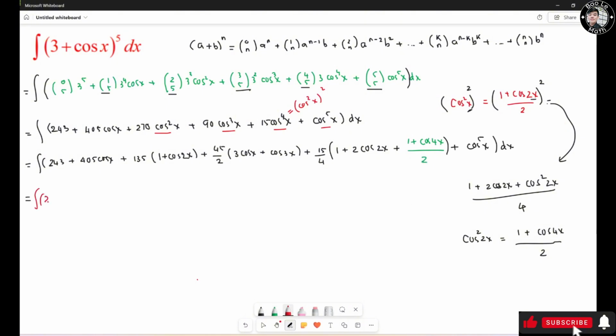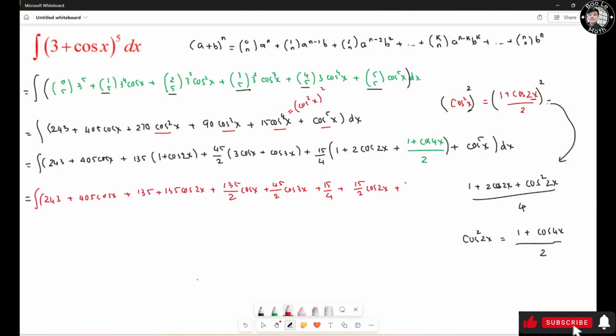The integral of 243 plus 405 cosine of x plus 135 plus 135 cosine 2x plus 135 over 2 cosine of x plus 45 over 2 cosine 3x plus 15 over 4 plus 15 over 2 cosine 2x